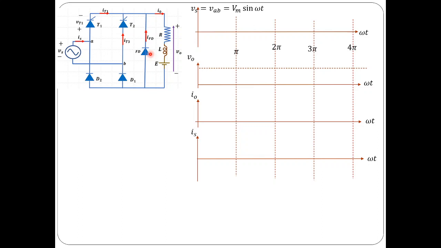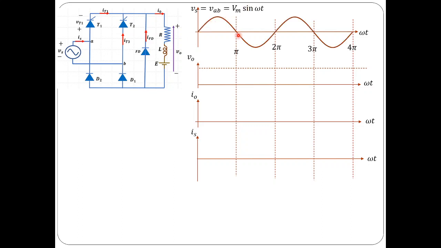In fact, we assume that load current is continuous and ripple free also, and the reason for that is maybe the load will have a large value of inductance, and this freewheeling diode further improves it. There is no negative voltage that appears across the load, so there is more chance for the load current to become more and more smooth. And let me assume that load current is ripple free, so that it is always more or less constant, so ripple content is almost approaching 0. That is the assumption I will make in order to explain the operation of semi-converter.